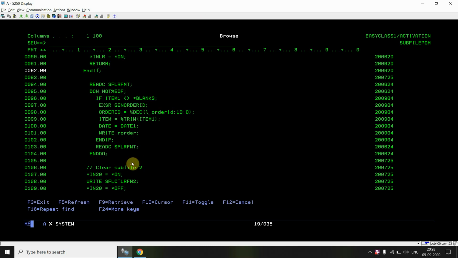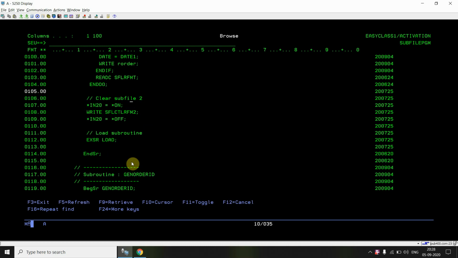After that, I'm clearing the second subfile. I set indicator 20 to on, cleared the subfile, set this back to off. Then loading the subfile so that the records added from the first initialized subfile get displayed in the second display subfile after executing the load subroutine.